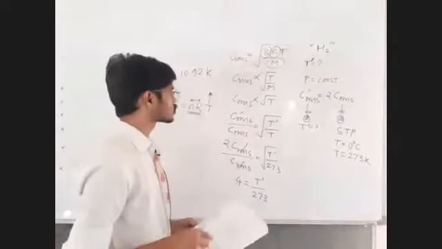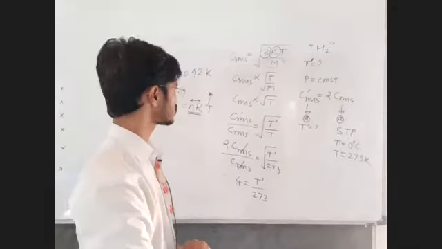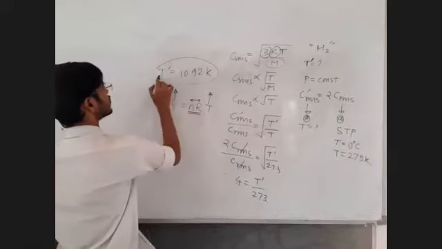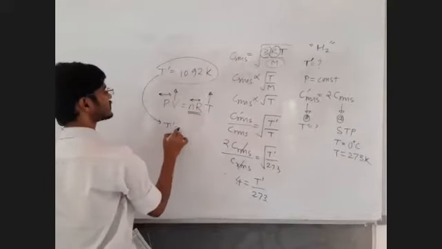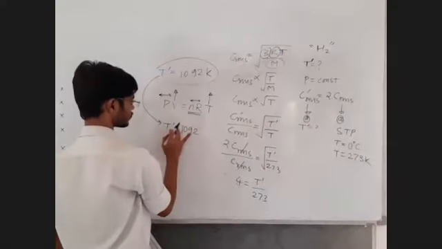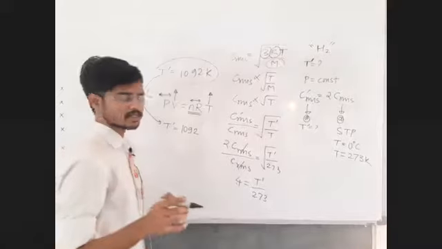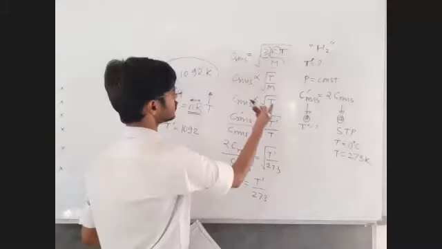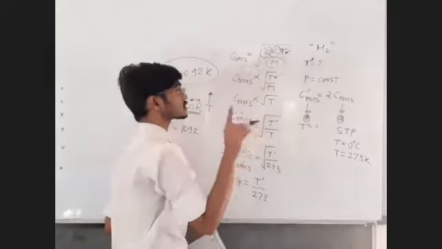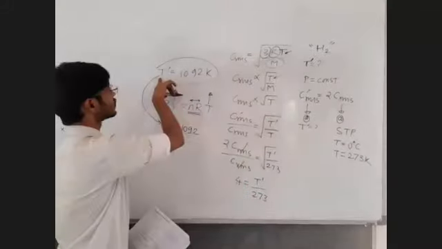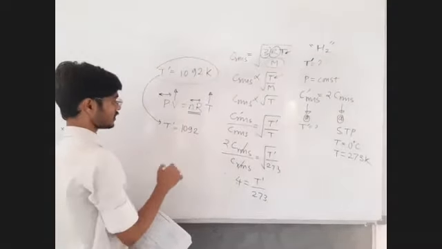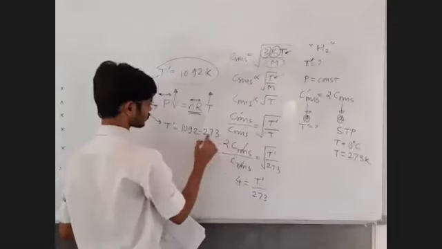Okay, in most of the cases, to trick the students, they may write the final answer in degree Celsius. Okay, so let us try to find out this answer in degree Celsius also. Because sometimes most of the students get tricked with the answer in Kelvin and degree Celsius. See, all these formulae deal with the absolute temperature. These temperatures are in Kelvin, and the final answer that you get is also in Kelvin, but the answer in the options is generally given in degree Celsius. So just deal with that also.